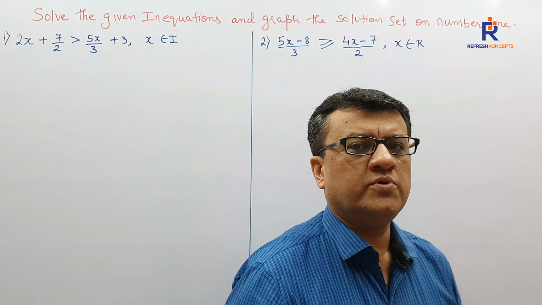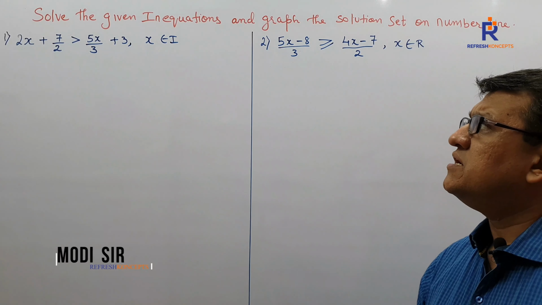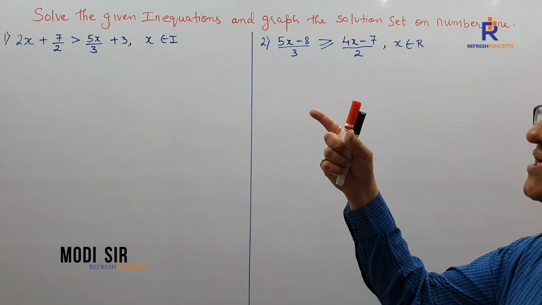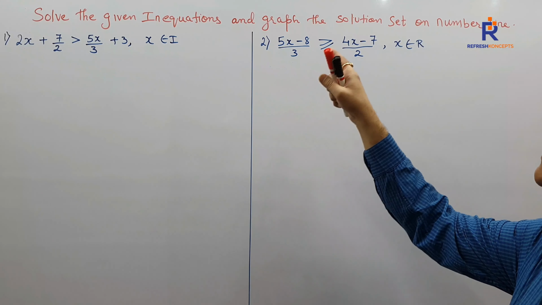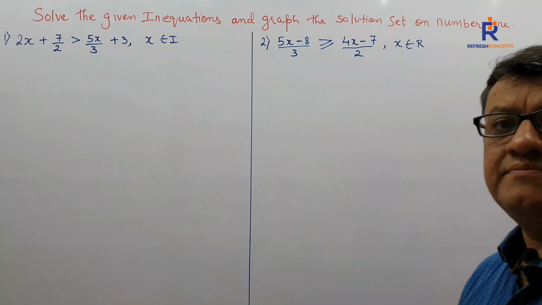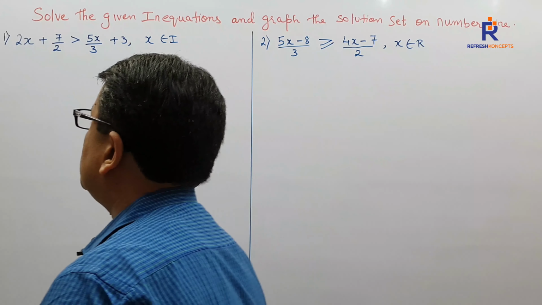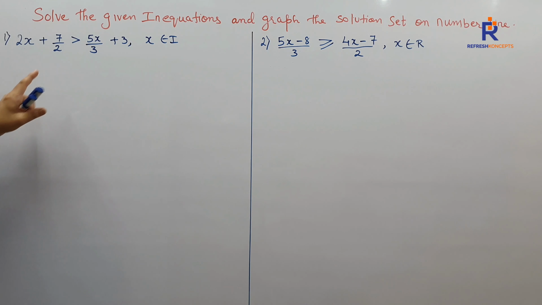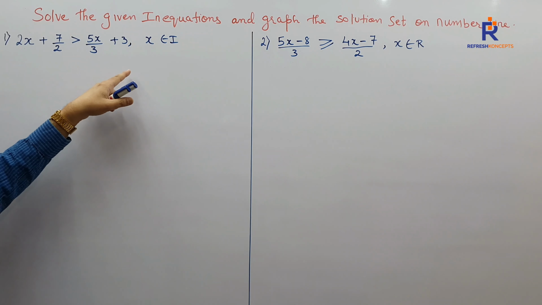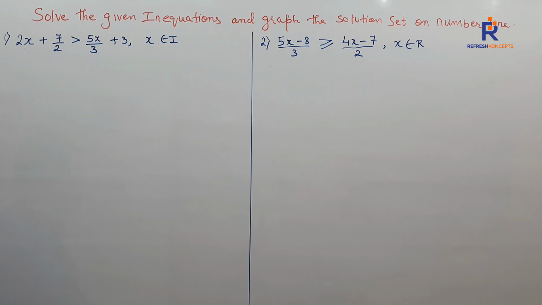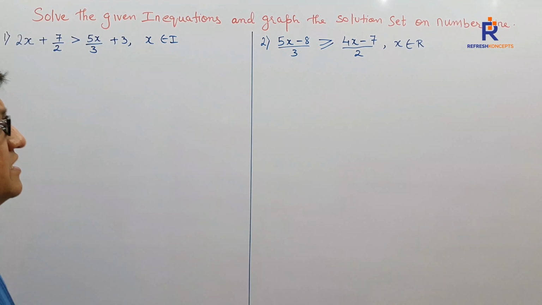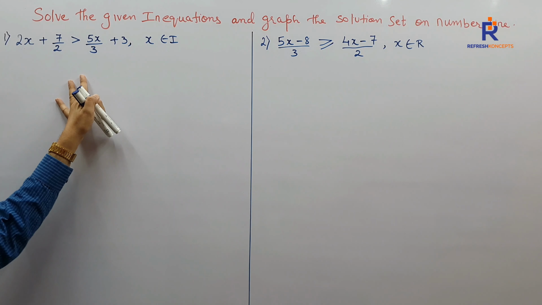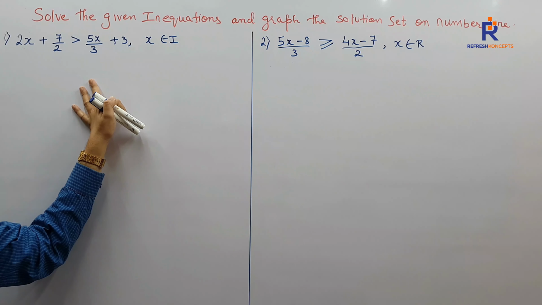Let's start, children, with the very first sum of inequation. What is our sum trying to say? The actual question says solve the given inequations and graph the solution set on the number line. So the first sum says (2x+7)/2 > 5x/3 + 3, where x belongs to integer. X belongs to I means x belongs to integer. So not only are we supposed to solve the inequation, at the same time we are supposed to plot it